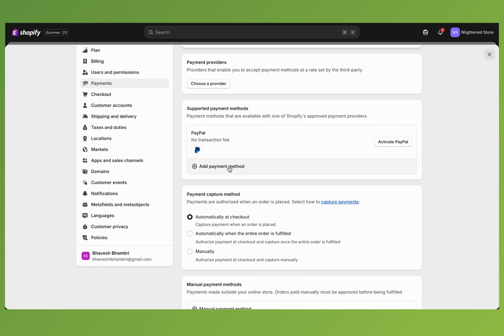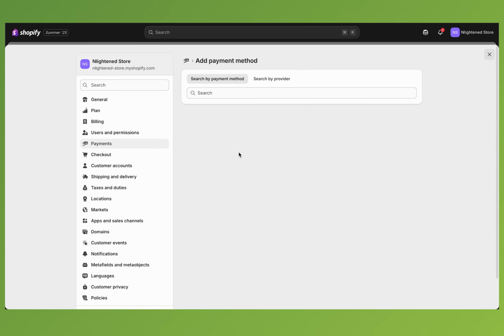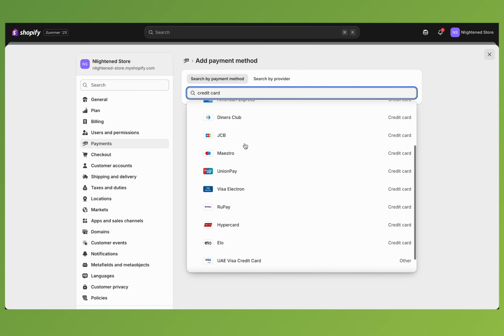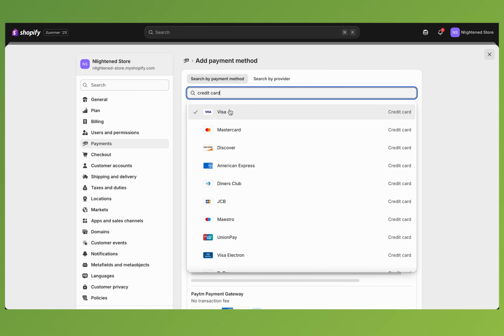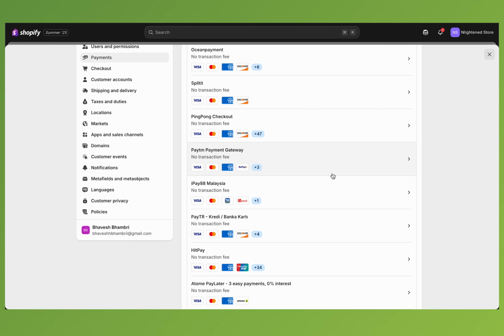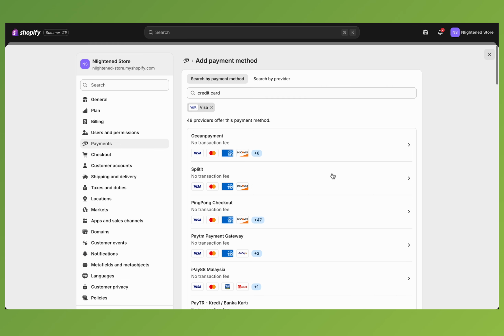And here I have one more method, so I'll click on add payment method here. So here I can add a payment method actually by a method or by a provider. Let me show you both of them right away. So here if I click on credit card, you can see I get different credit card companies, and if I click on anyone, let's say Visa, there are different payment providers who are offering Visa credit card payment method. So I can select any one of them and accept payments using that particular method,